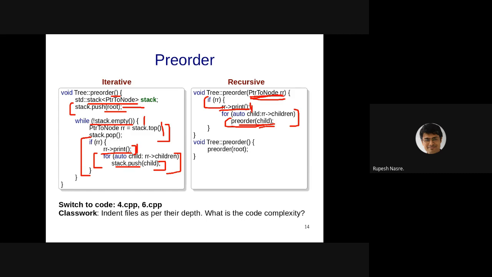That means that the last instruction in that function is a recursive call. It's not an arithmetic thing. In this case, if we think about the assembly instructions for pre-order, pre-order of child is going to be the last instruction, and therefore this is a tail recursive code. Assuming that the compiler performs this optimization of tail recursion, its absolute time will turn out to be similar to the iterative code. So in this case, both the codes will perform almost the similar way.